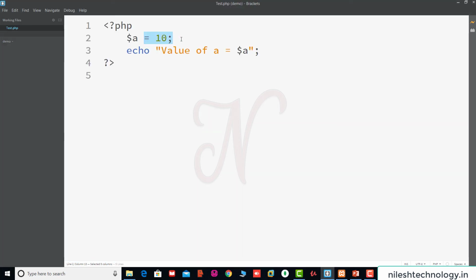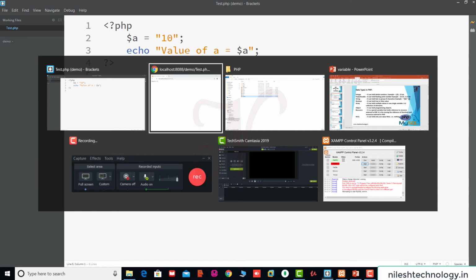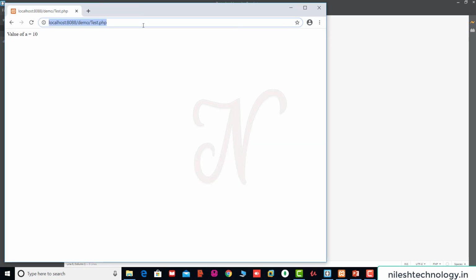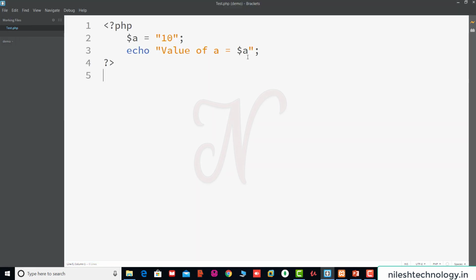10 is an integer value, so $a has the integer data type. If this 10 is in double quotes, then $a is a string data type. Save these changes and refresh this page again. The value of a is still equal to 10. So depending on your value, the variable changes its data type.